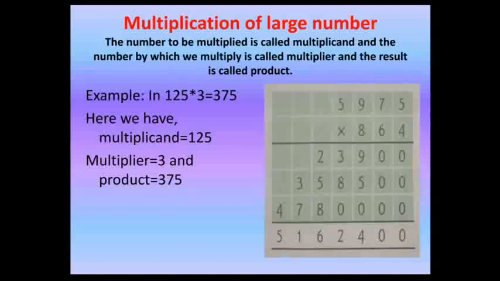3 is carry. Do the same with the third digit. That is 4 9s are 36 plus 3 is 39. We'll write 9. 3 is again carry. And next is 4 5s are 20 plus 3 is 23. Write the whole 23 because no further number is left. Now repeat the same method with the second and the third digit of the multiplier. Finally, add all these numbers to get the product, and the product is 51,62,400.